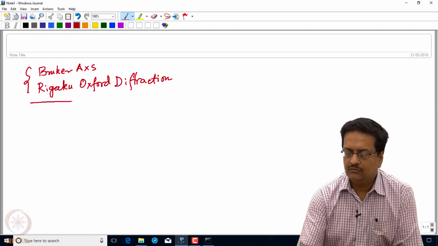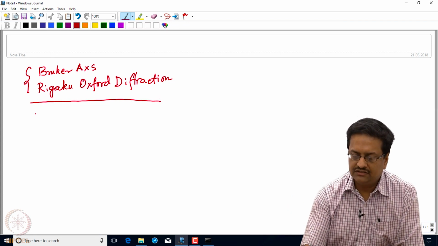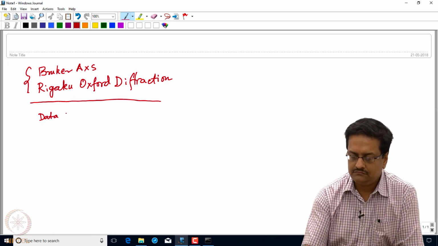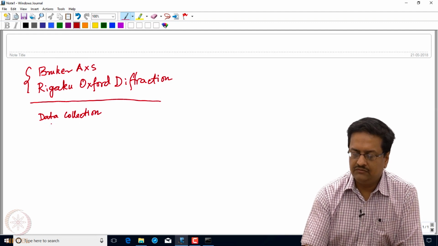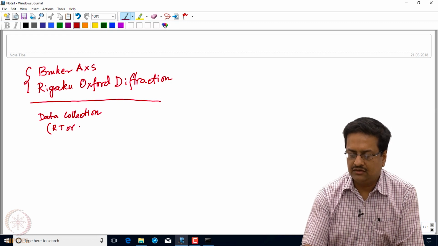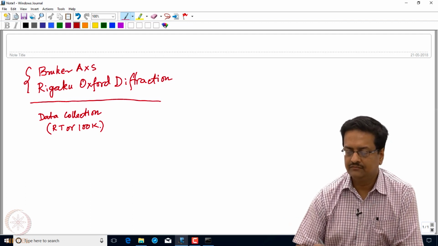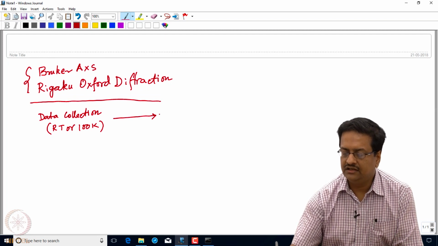So what the diffractometers do, as we have already discussed, is that we select and choose a crystal, mount it, and then collect data. Normally we collect data at room temperature or at lower temperatures like 100 Kelvin or so using a suitable cryo system. This data is then re-indexed